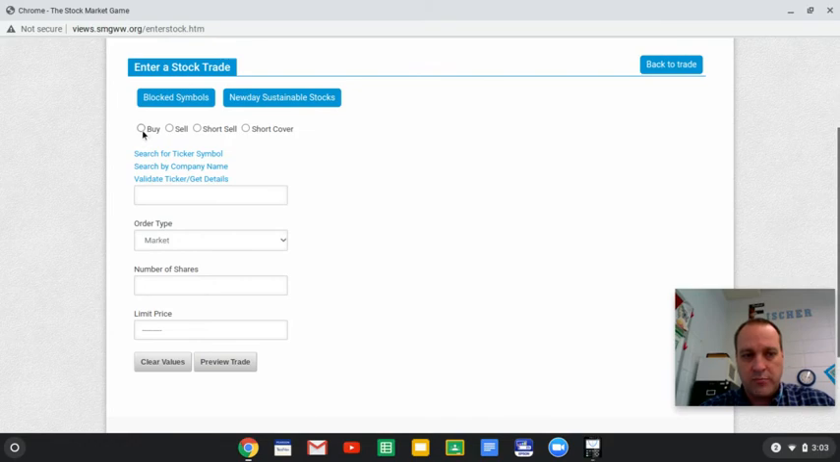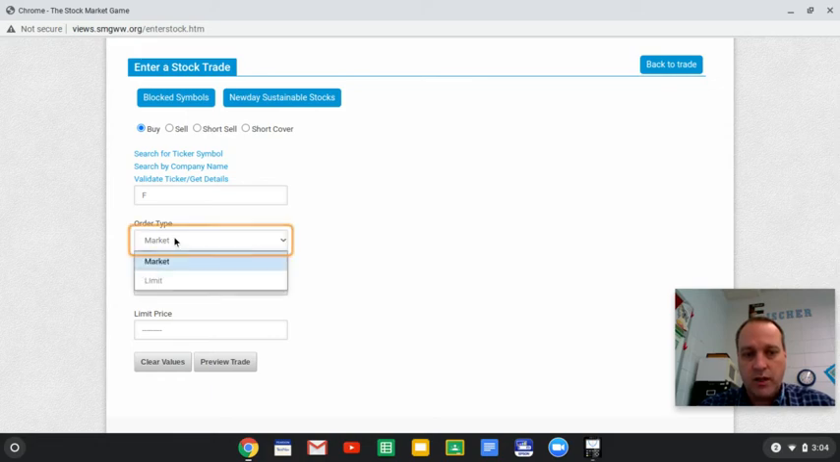And then you see where it says buy or sell. We're going to buy. And then you pick the ticker symbol. Now, the ticker symbol depends on the product or the company. Like Ford would not be FORD, it's just plain F. So if I put an F there,